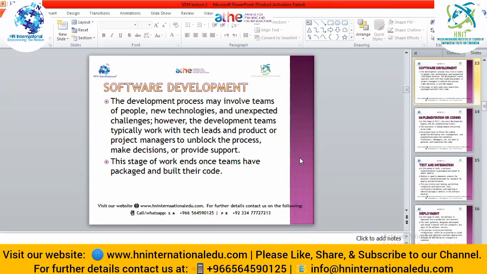And after coding, we will check whether we are going towards the goal or not. If we are not near our goal, we have to make decisions or change our technology, our processes, our tools. So that is the most hardworking stage, and at that stage we need a lot of time. So after the development